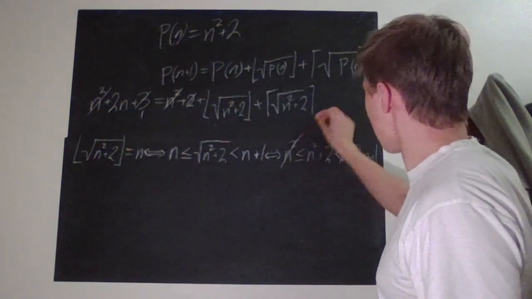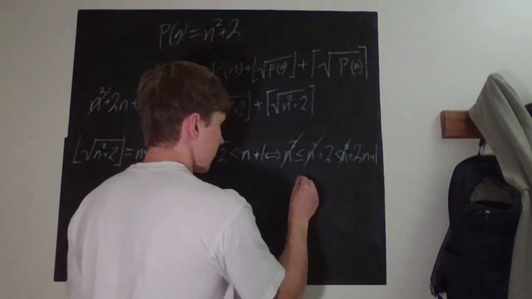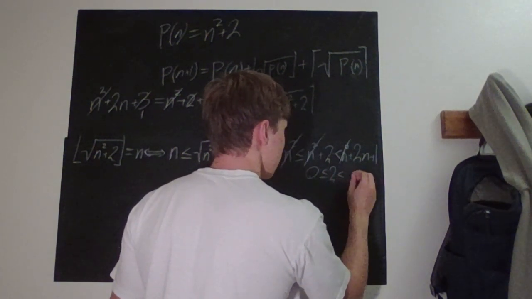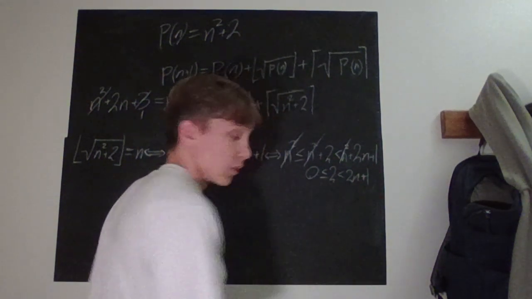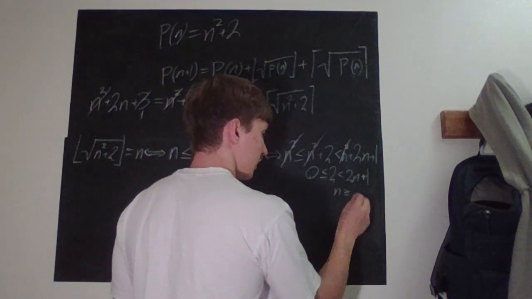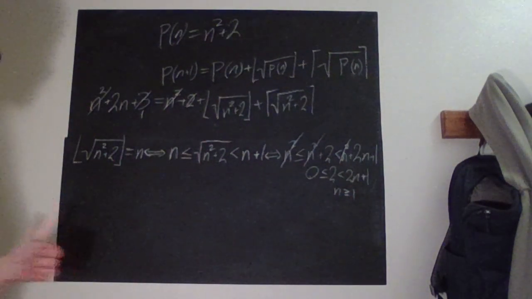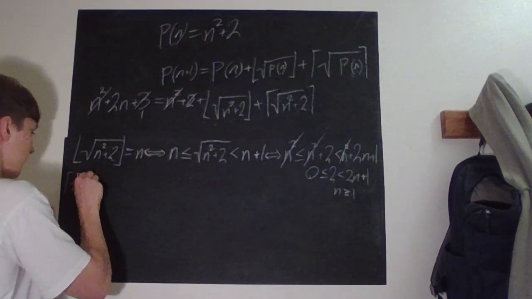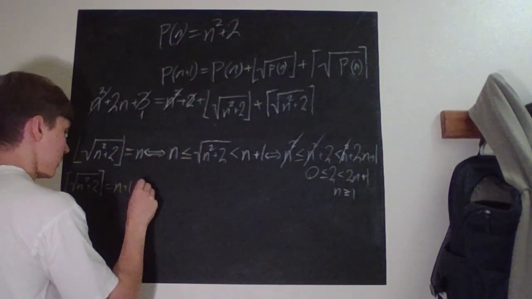See, these cancel out. So what we have left is just that 0 is less than or equal to 2, which is strictly less than 2n plus 1, which is true for all n greater or equal to 1. And that is within our domain for the problem. So that's great. And then we'll do the same for the roof and claim that that thing is equal to n plus 1,